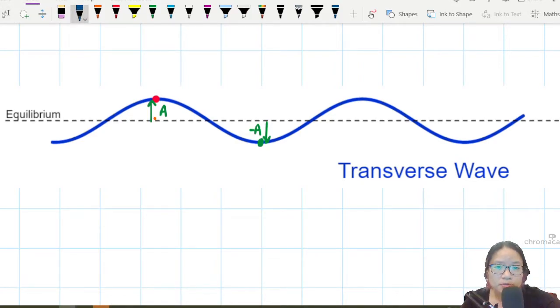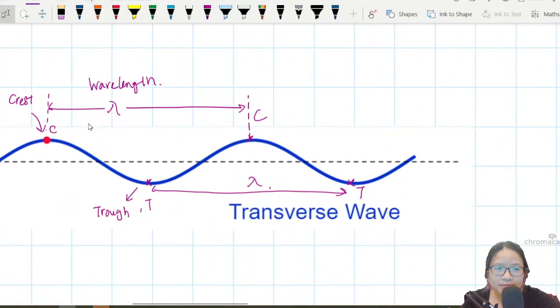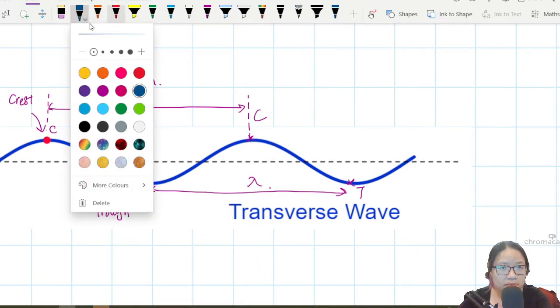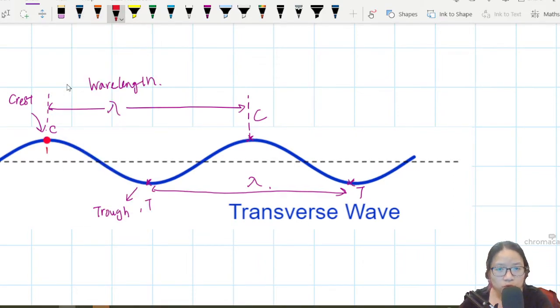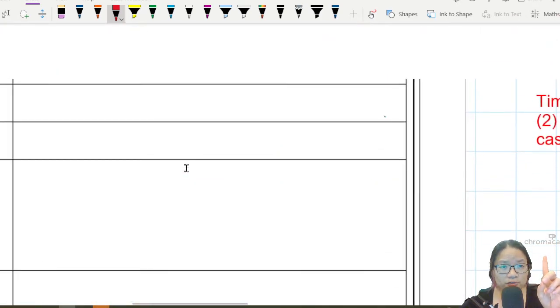Let me move this a bit here. We know that a wavelength is from this crest to this crest. The first, so I'm going to label them, crest number 1 to crest number 2. But of course, if I draw the wave a bit more, maybe let's say here, there's also a crest number 3. So if I say the distance between two crests is not from crest number 1 to crest number 3, it has to be between 1 to 2 or 2 to 3,